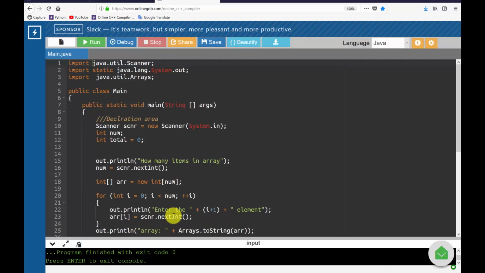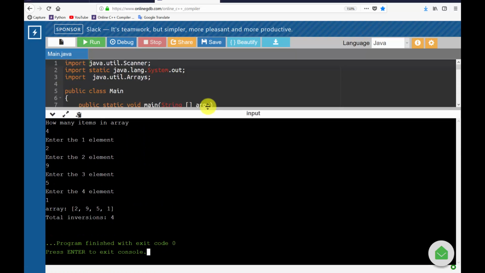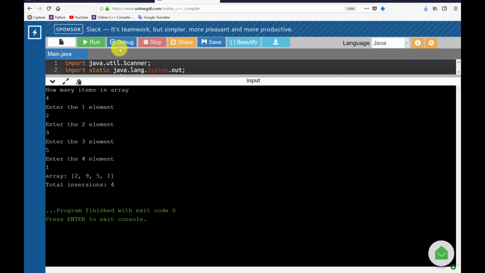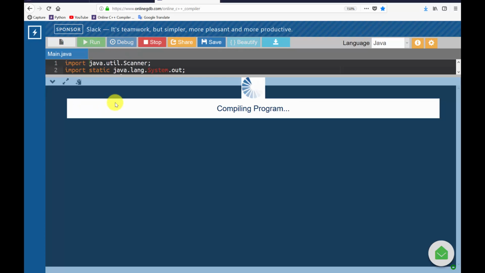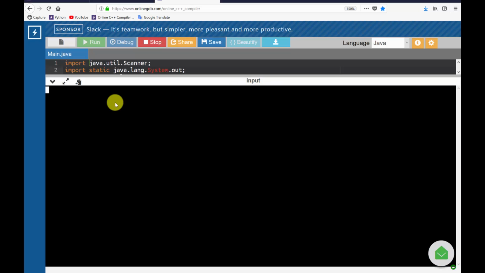I have already implemented the solution to save time, but we will go step by step to understand how to build the solution. First, let's run the program and see what happens. The way I designed the program is I simplified it a little bit. The program will ask the user how many elements are in the array. Let's suppose we have 5 elements,